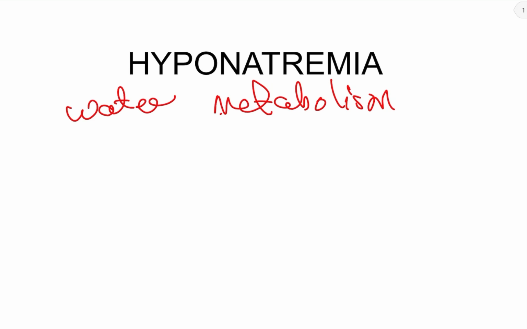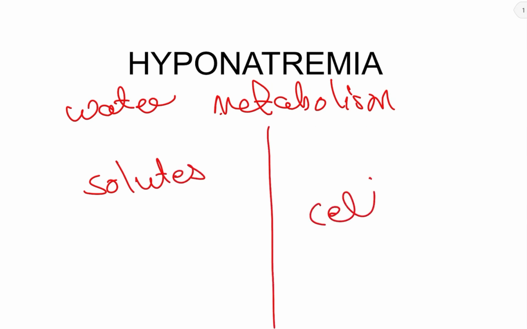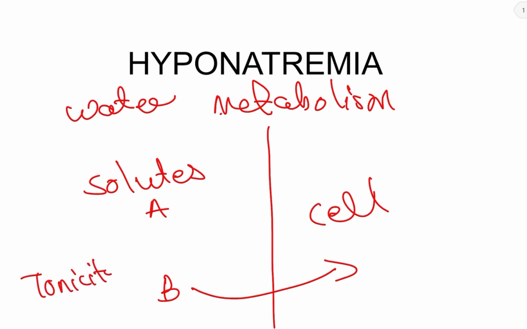And we should also remember that solutes in the blood are responsible for tonicity. Suppose this is a cell membrane and this is a cell. There is a solute A, solute B. If the solute B can pass through the cell membrane easily, it will not exert any tonicity in the blood. Tonicity means the ability of the solute to draw water. So solute A, if it does not cross the cell membrane, then it